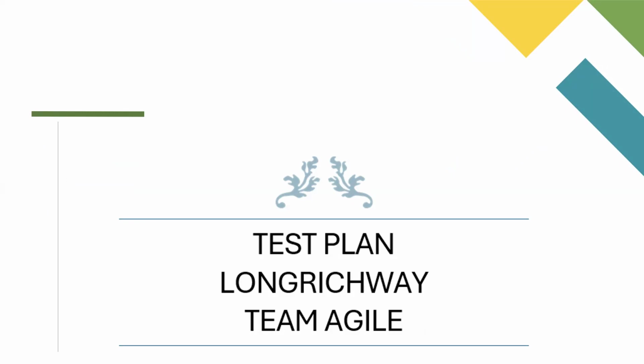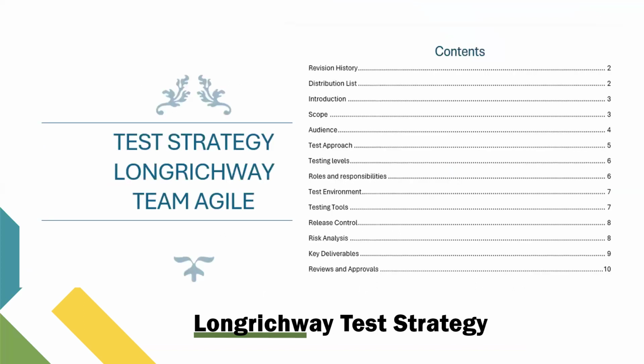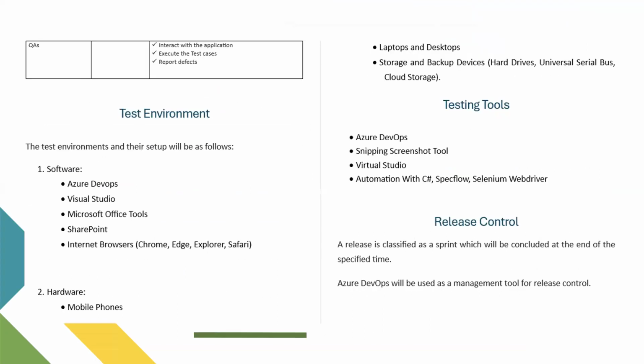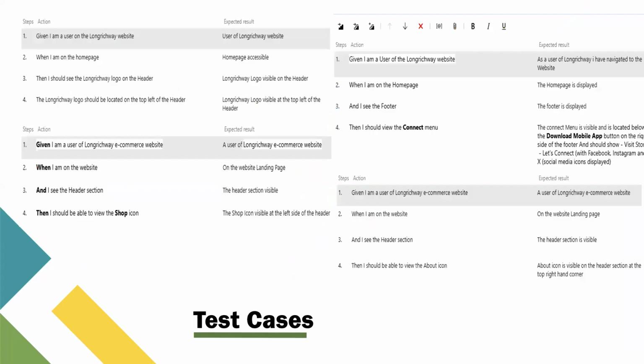So here's the test plan that was used to execute this test. This is a continuation of the test plan. Next page. Next page. This is the test strategy. Next page. Next page. So here's a sample of the Azure DevOps. This was when the test cases were in dev. Well, it wasn't in QA, whereby test cases were being written. Next page.